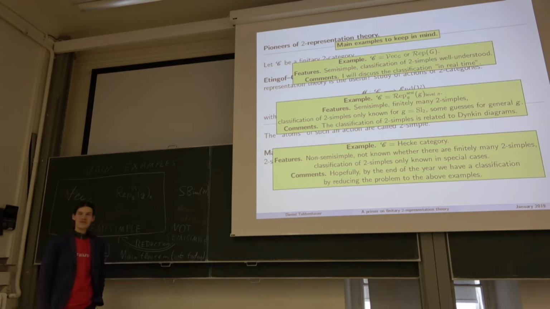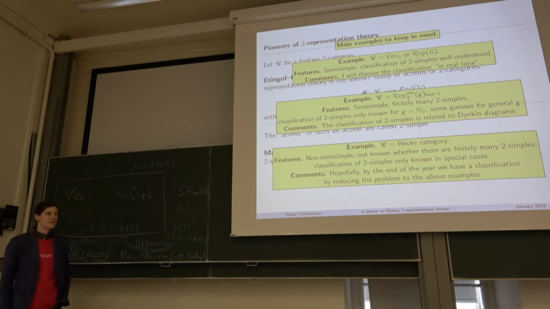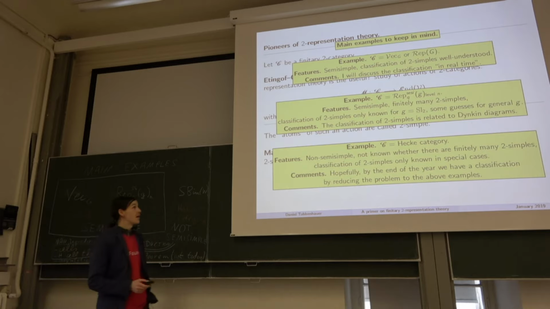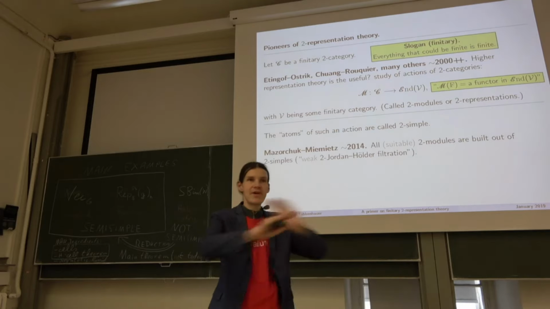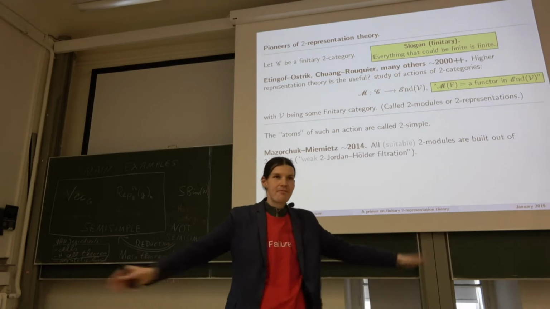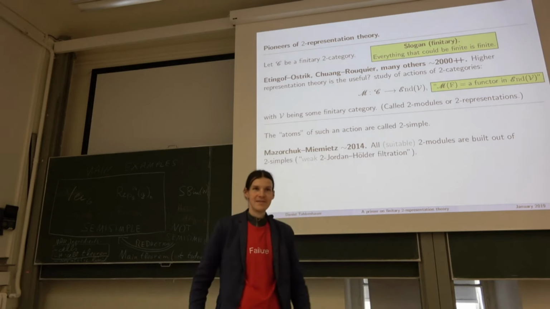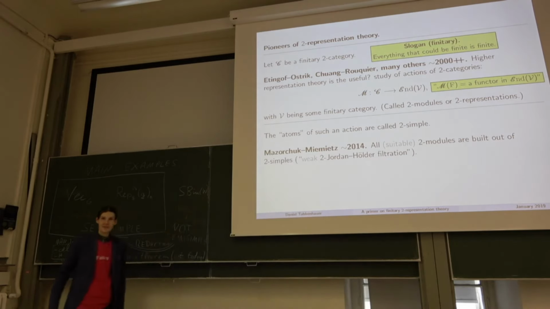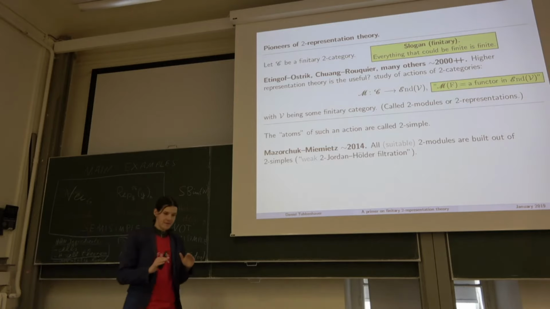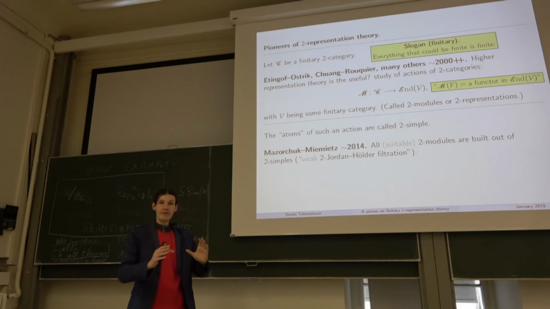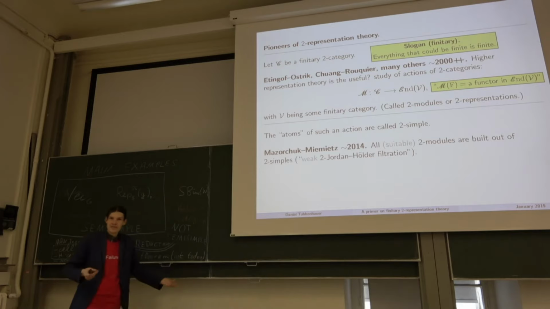So that's so much about philosophy. Any questions? Very good. For you, finite means finite dimensional. If you see finite, everything that could be finite is finite. Finite dimensional vector spaces, finite dimensional Hom spaces, finite groups, finite number of objects, finite. Okay? I will come back to this later with a formal definition. But everything that could be finite is finite. Okay? But the reason is very easy. Already on the decategorified level, having a satisfactory theory of infinite dimensional algebras is, well, finite dimensional stuff is just much easier.